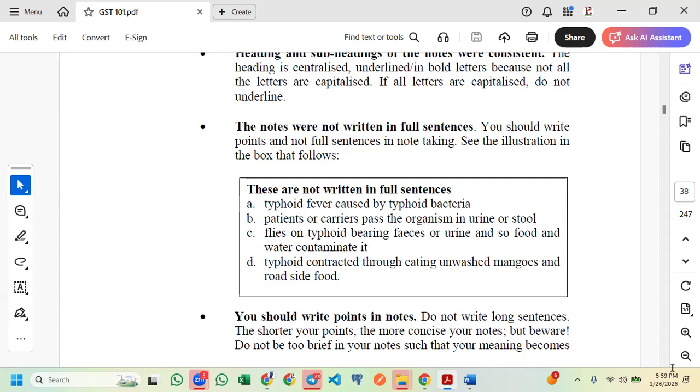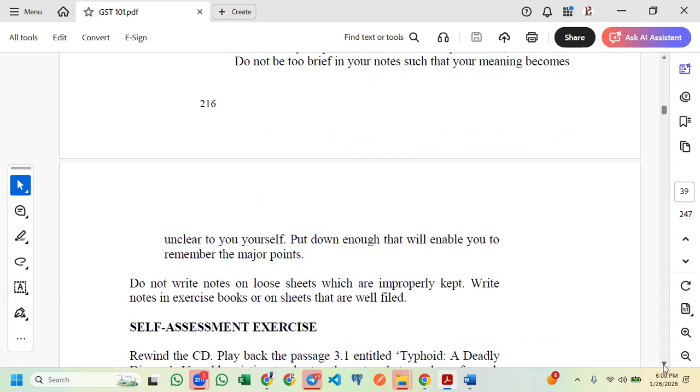Now, you should write points in note. Do not write long sentences. The shorter your point, the more concise your note. But beware, do not be too brief in your note such that your meaning becomes unclear to yourself. What this means is that the fact that I would say you should not be using long sentences, you should join that summary. You should not be so